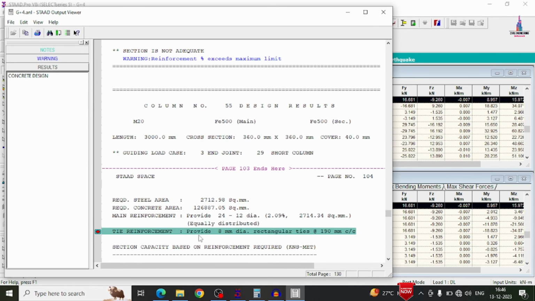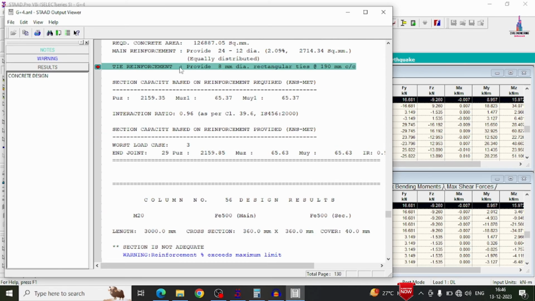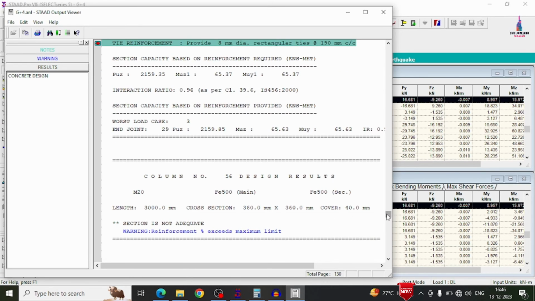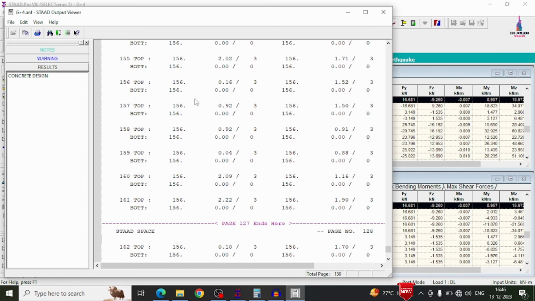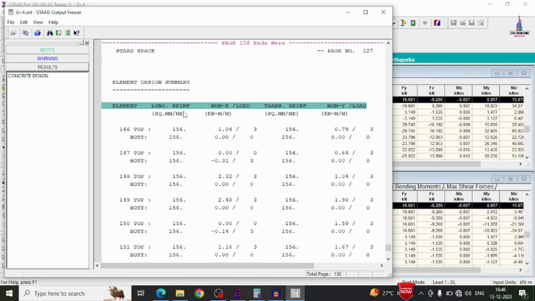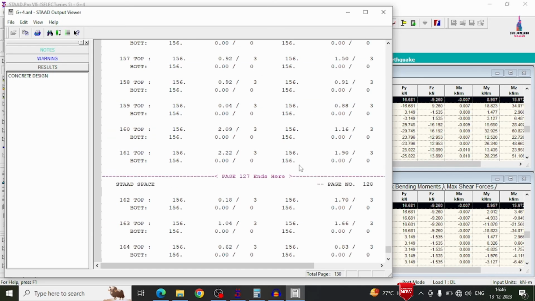Okay, so you can see here. This is the reinforcement design results for the ties. In the same process, you can see the results for the slab. For that, just I am selecting the last button, which is related to the slab reinforcement design results. So this is the slab reinforcement design results, which is of longitudinal reinforcement and transverse reinforcement, which is nothing but the main reinforcement design results, and this is the distribution reinforcement design results.